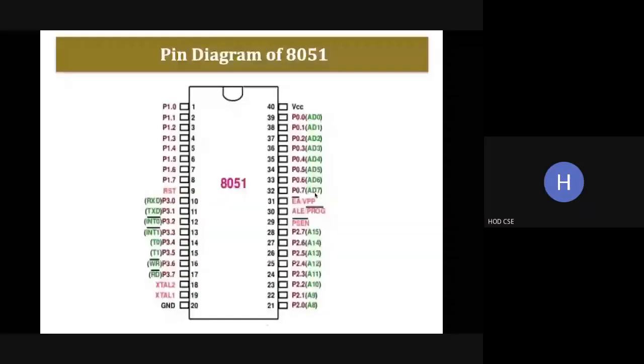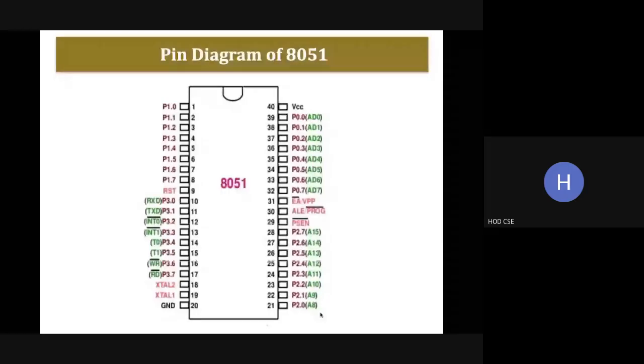Port 0 is used for data transfer and also represents AD0 to AD7. Port 1 is used only for data transfer. Port 2 is used for data transfer and also represents A8 to A15. Port 3 is used for data transfer and also represents signals for serial transmission, interrupts, timers, and read and write.